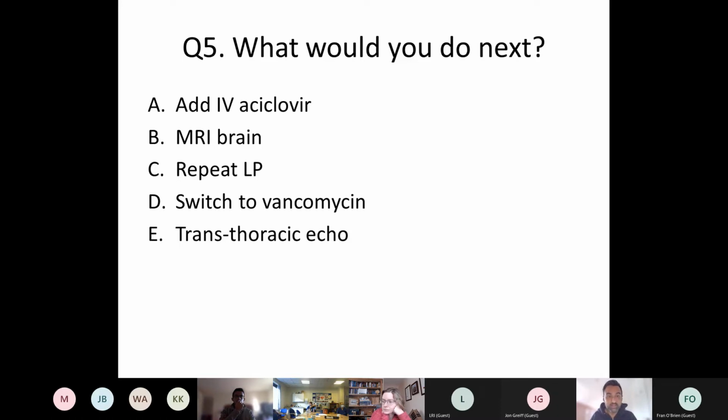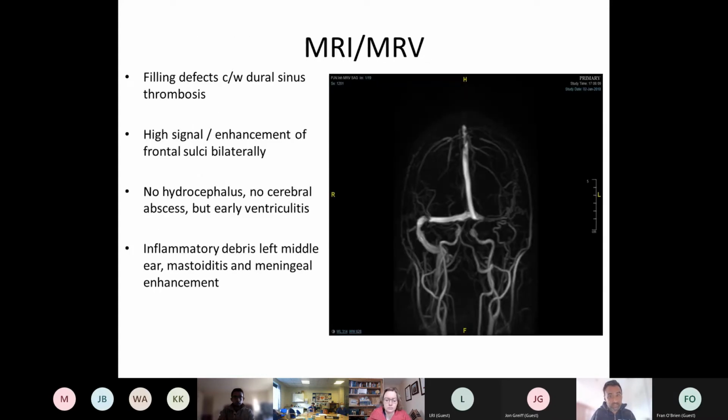The transthoracic echo, the reason I put that there is a triad with strep pneumonia called the Austrian syndrome, which includes pneumonia, meningitis and endocarditis. So that is known. It's not common. I've seen 1 or 2 cases before, but it's just something worth considering if you've got somebody who's getting worse with strep pneumonia invasive infection, and you're not quite sure why, and there is a murmur or some evidence of endocarditis.